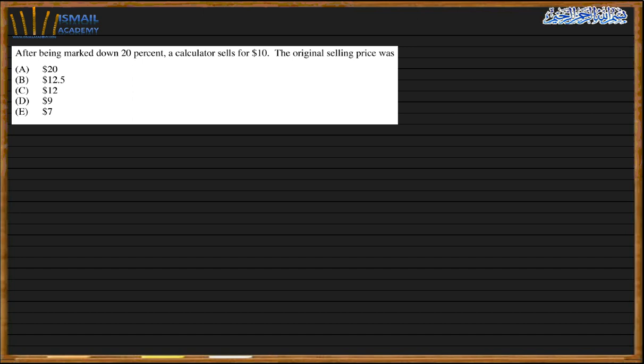After being marked down 20%, I can just sell for $10. So 20% is the discount. We know that the price after the discount is the price minus the discount, which is the price times the rate of the discount, which means that I will have P times 1 minus the rate. So it gives me the price after the discount. So if the price after discount is 10 and the rate is 20%, I will have 10 equal the original price times 1 minus 0.2, which means that